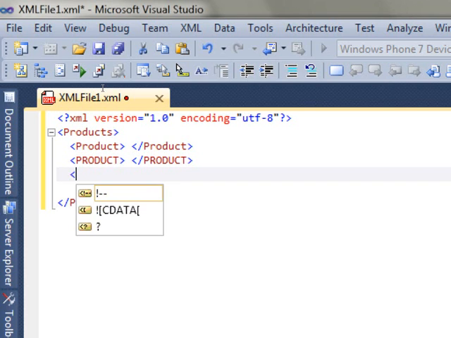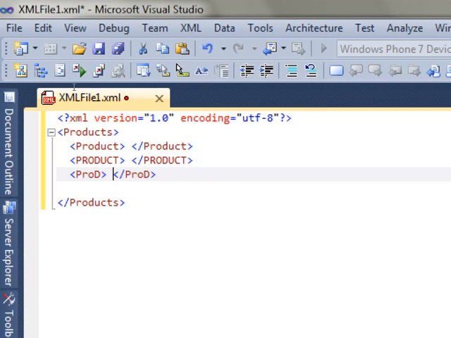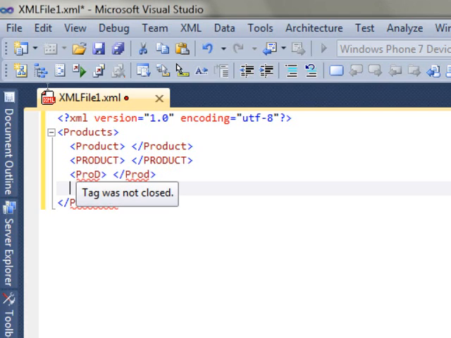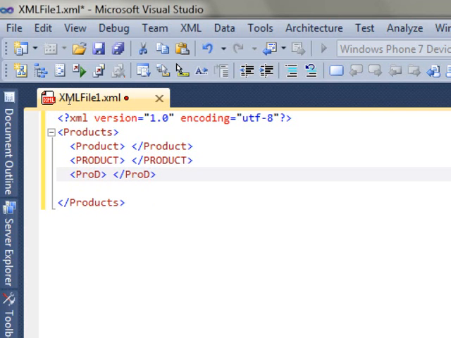So suppose I write like this. Now I must close it with the same thing. What if I try the other way around? Visual Studio itself will say you made a mistake: you started with a capital D and you are trying to close it with a small d, and it can't accept that. So if you want, put the proper casing. That is really required. So one other thing is that it is case sensitive.